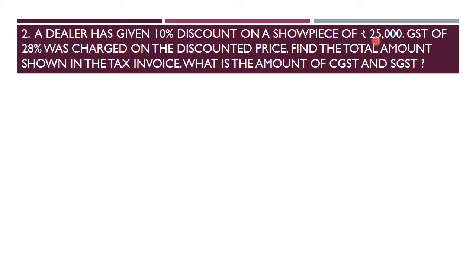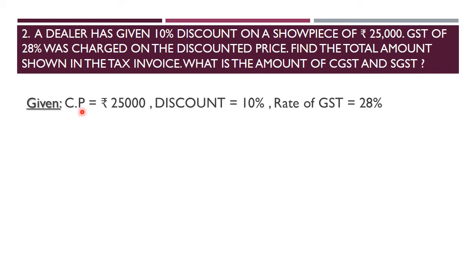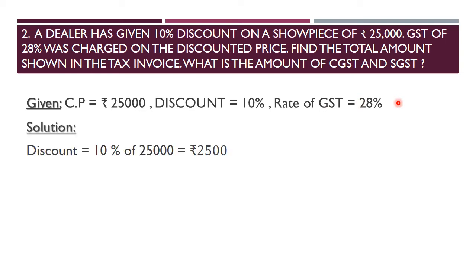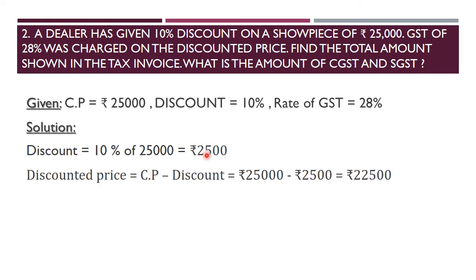Okay. So the first thing is, cost price is given to be 25,000, discount was given of 10%, and rate of GST is 28%. So these are the given details in the question. So let's start with the solution. First thing is, discount is 10% of the cost price, that is 10% of 25,000, and that will be rupees 2,500. So our discounted price will be, from the cost price, that is from 25,000, if you subtract 2,500, you get the discounted price, and that is